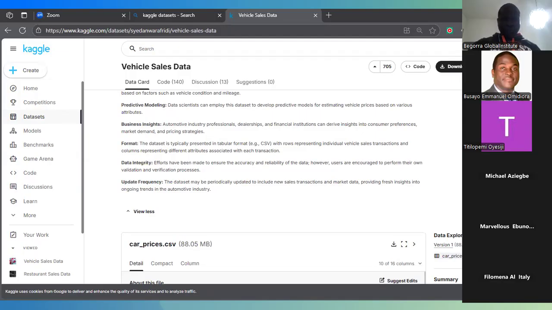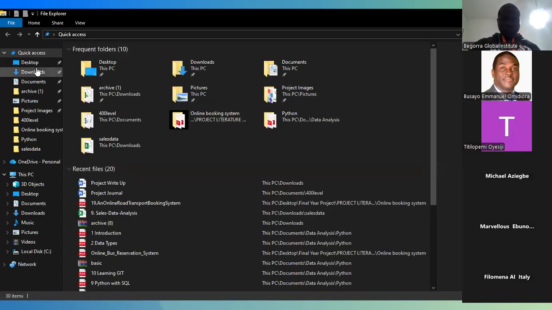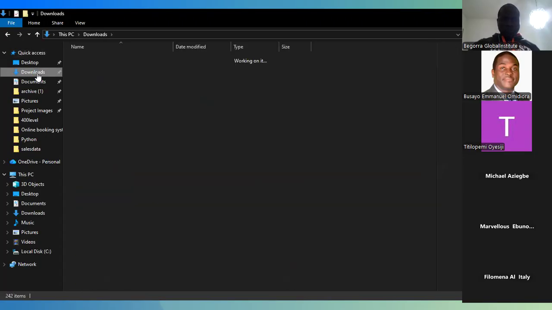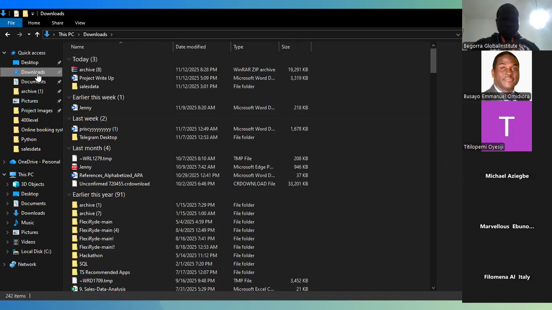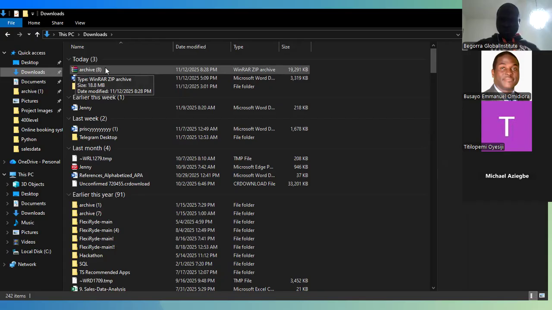So once the data is downloaded to your system, it is going to be saved to your downloads. And for me, this is where it is saved because it is a zip file. Anytime you have a zip file, you have an icon like this, something like a pile of books together. That's because the file is in a zip file. So now I need to extract this file so that I will be able to access it directly, because I can't access it directly while it is zipped. So for me to be able to access it directly, I have to unzip it. That is, I have to extract it.